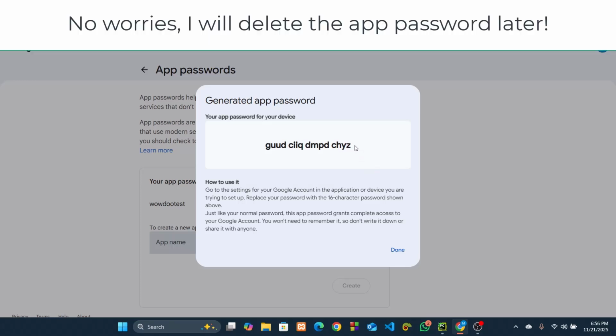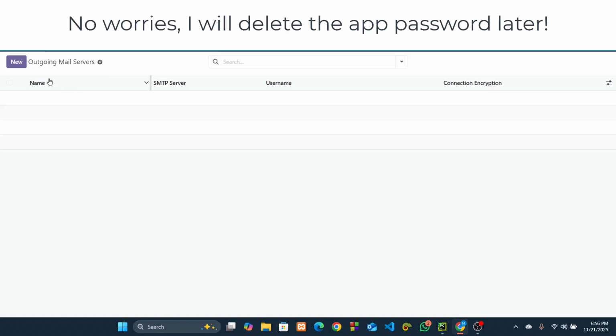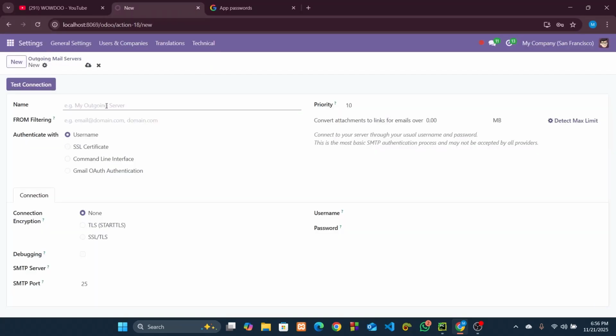I need this password. Go to outgoing mail server, create a new one. Let's give a name here: Odoo test email. This connection encryption should be SSL or TLS. The SMTP server should be smtp.gmail.com. In the place of username, we have to use our email ID, which is, in my case,